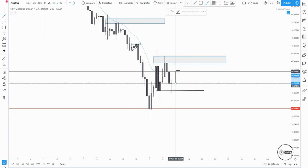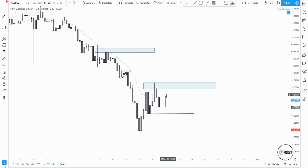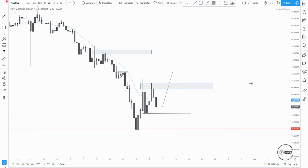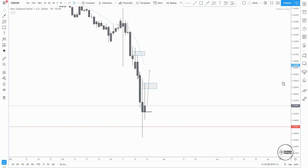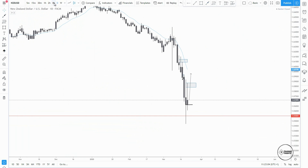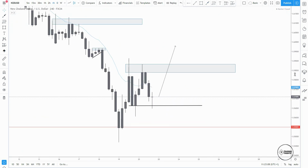I will potentially be taking buys on this one, because I follow what the market is doing now. And if we potentially even break above this area, then I will be all in for buys. But again, keep in mind that from the daily time frame, the trend is completely down. But as a day trader, I try to focus on what is happening today, and I change my bias every